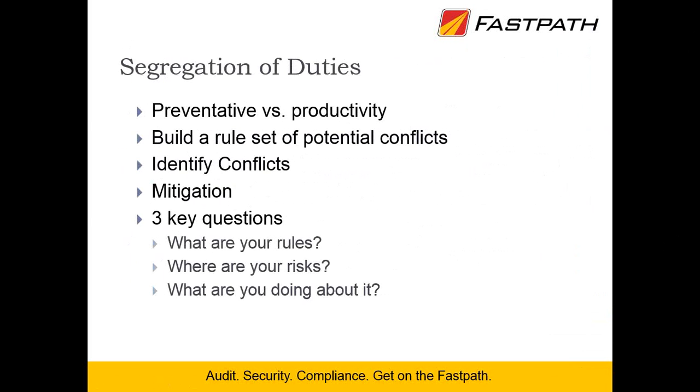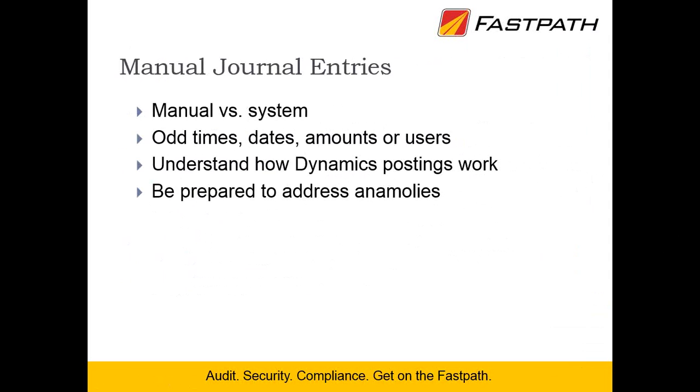So the last piece here is the manual journal entries. And again, this is something the Oversight Board is pushing hard on. The reason that they're pushing hard on manual journal entries is because you have a direct impact on financials. And the other reason is because it's manual, you introduce a large risk of human error.